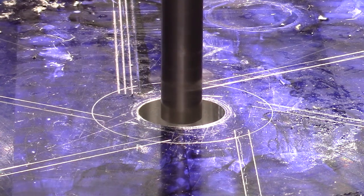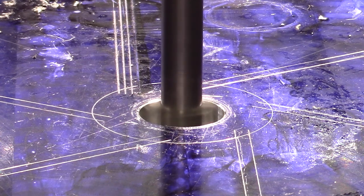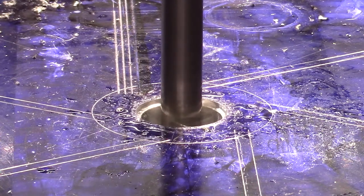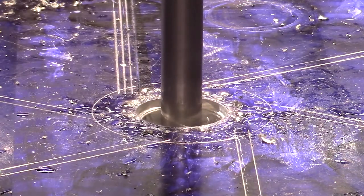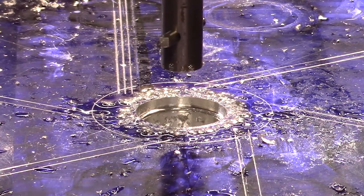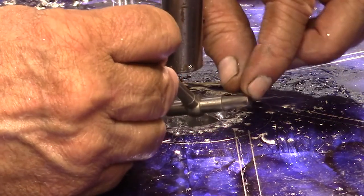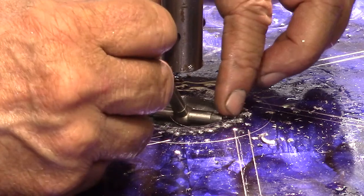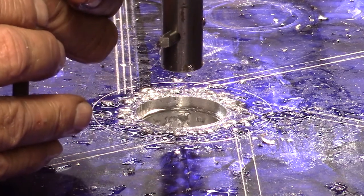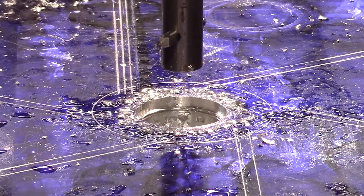Okay, we're going to go ahead and make our next cut. Any further, because I can always reset my tip if I don't have it right. Now let's see what we got here. Just a tad bit big. I'm going to have to bring it in. I'm glad I checked that before I proceeded. So let me reset that tip and